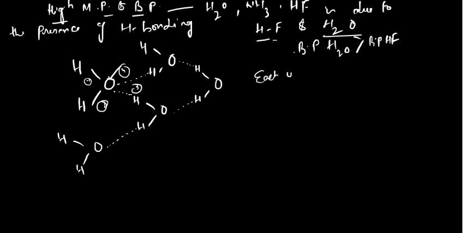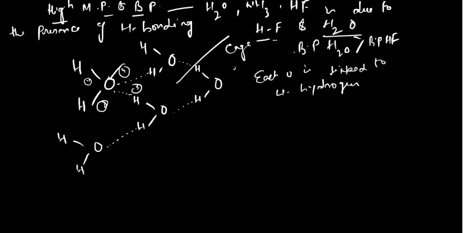Each oxygen is linked to 4 hydrogen atoms, due to which you will see this cage-like structure of solid ice. This is a cage-like structure that gets formed due to the presence of hydrogen bonding, and you have these